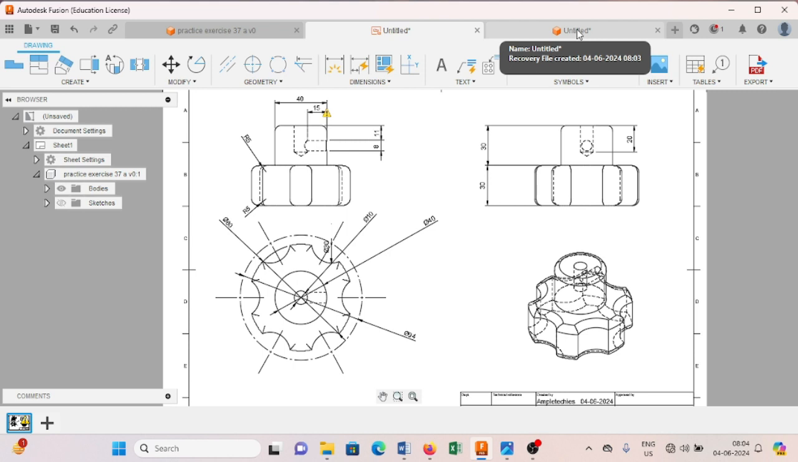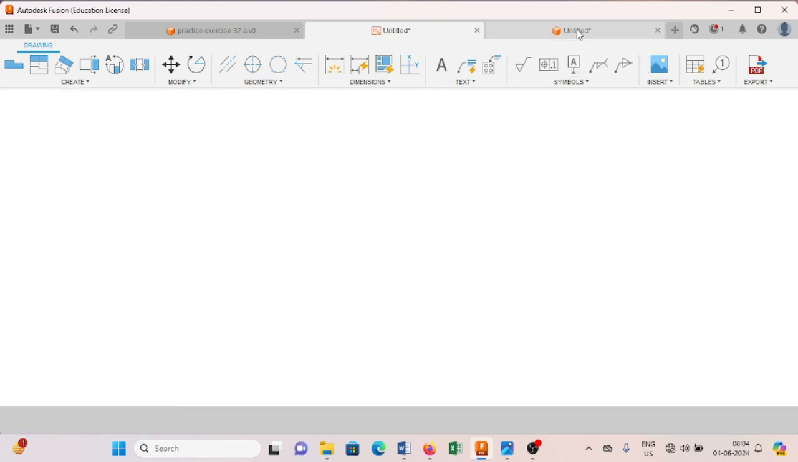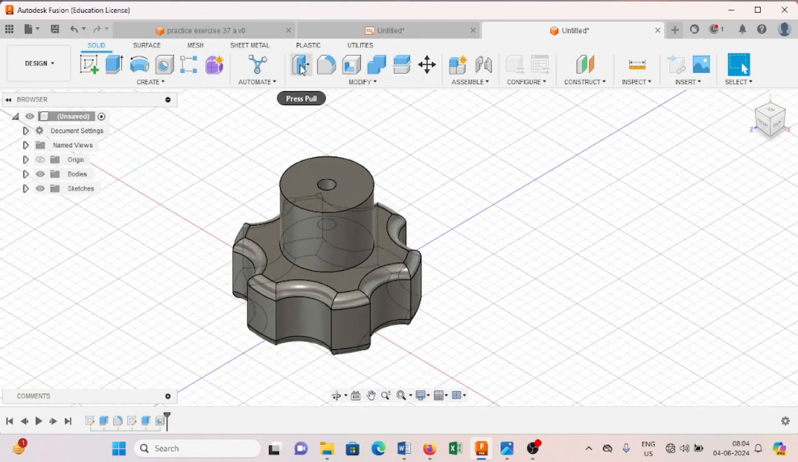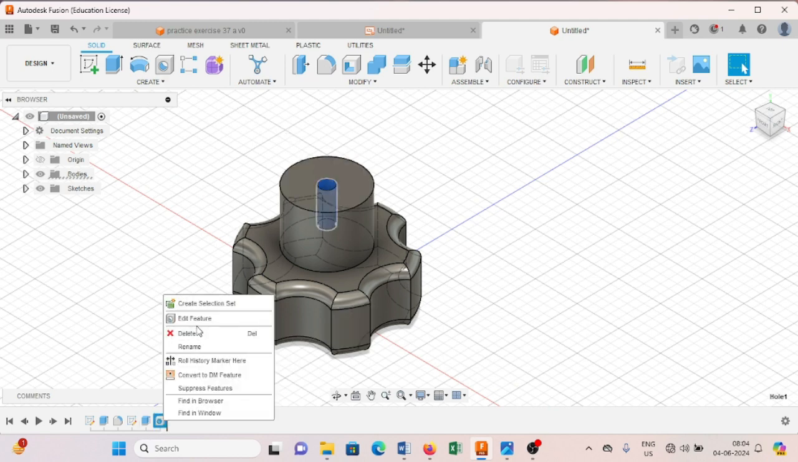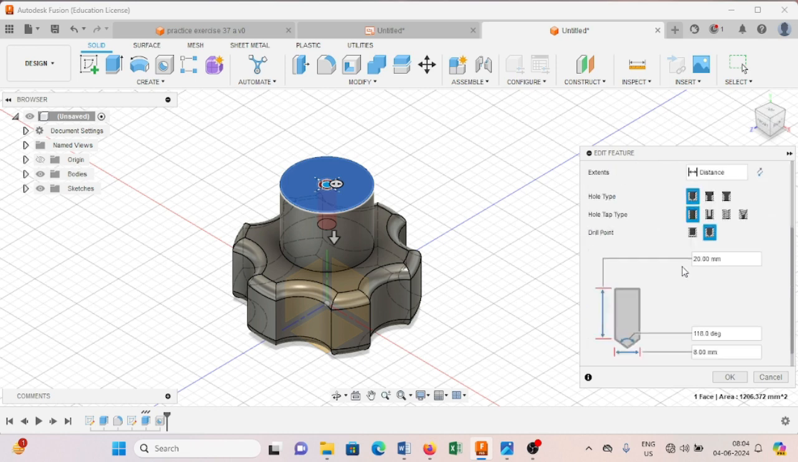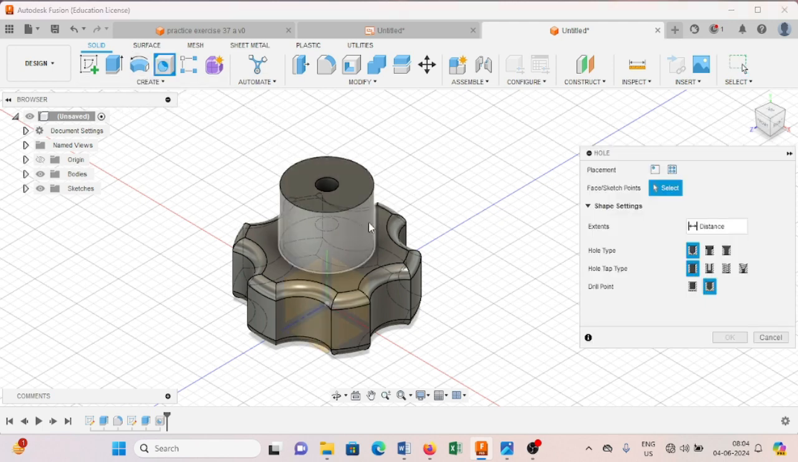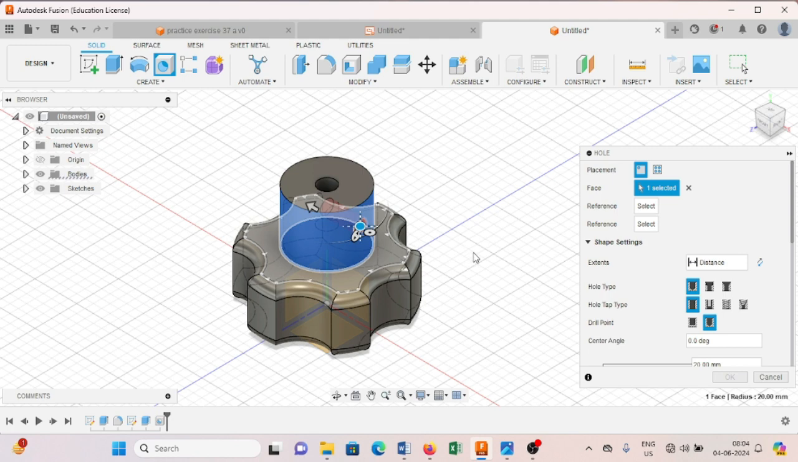So just close this window and go to the Fusion 360 interface and simply edit this feature and provide here, this is 20 mm and this is 10 mm and press OK. Now the next, select again this hole command, select the surface, select this reference as this one,